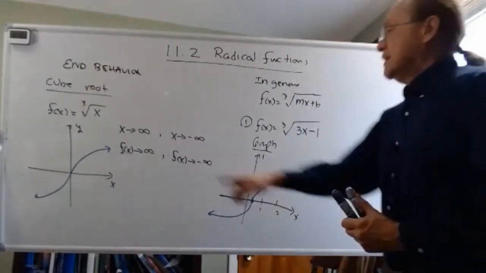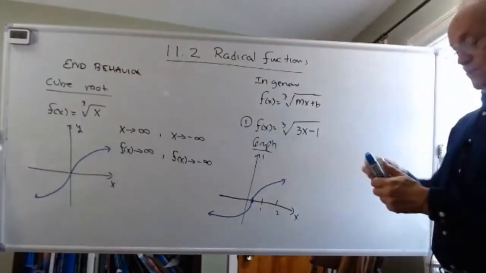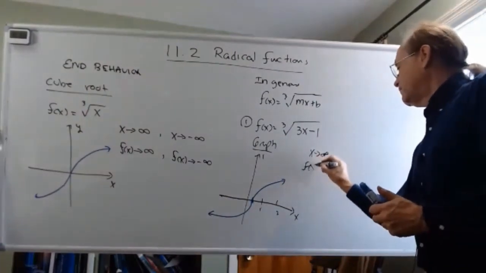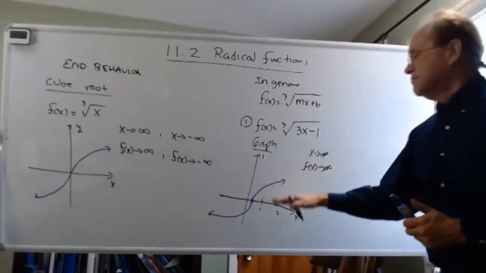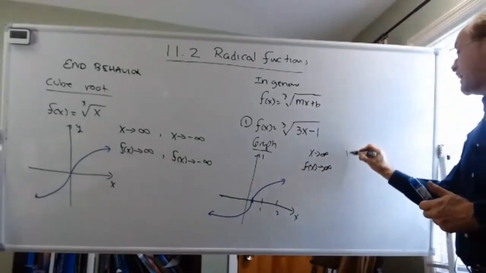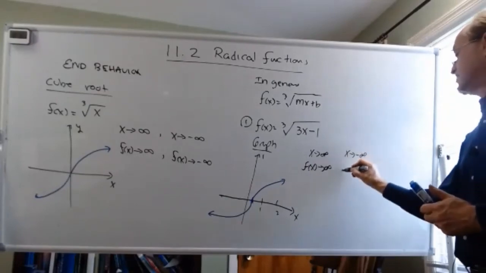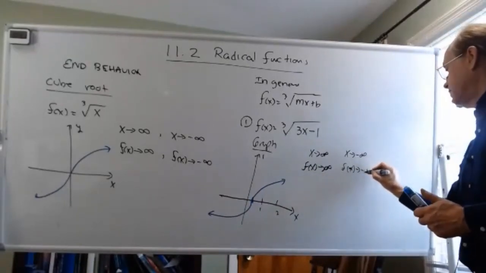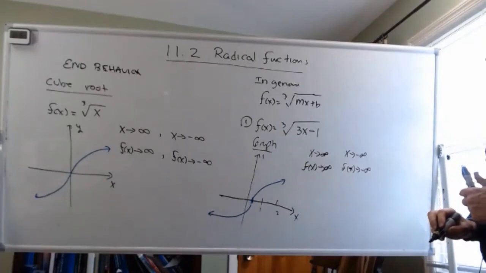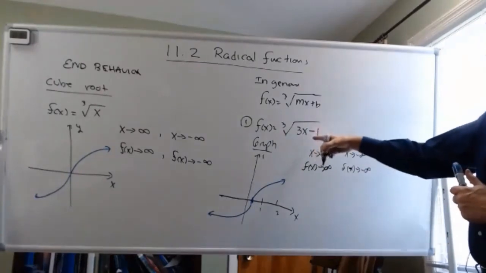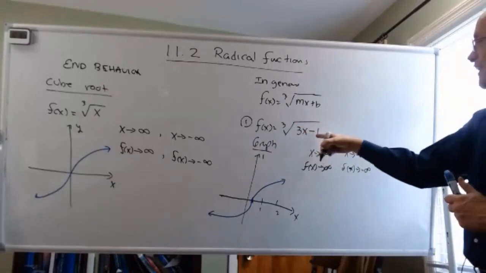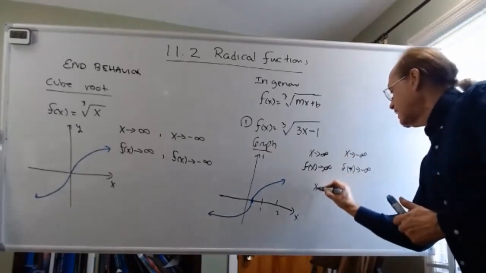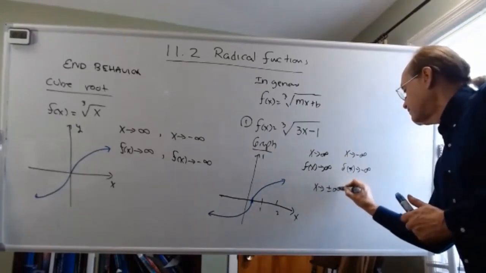Now in this case, as x goes to infinity, f of x will also go to infinity. So over here, as x goes to infinity, f of x will also get closer to infinity, but at a slower rate. And x can also go to negative infinity in this example, and f of x would also go to negative infinity. Now, what would happen is, as x got very large, I could ignore that minus 1. So in both cases, as x goes to either plus or minus infinity, f of x